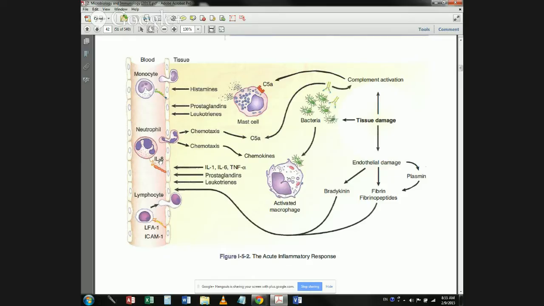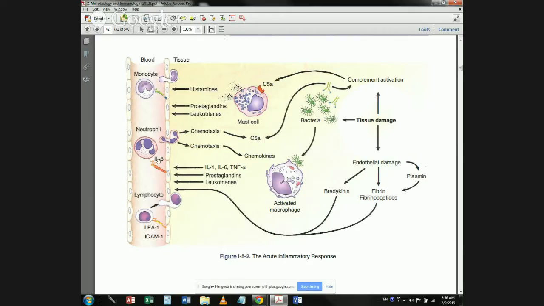IL-8, or it will bind to the bacterial formyl peptide, and that will cause the expression of an integrin molecule. And that integrin molecule will bind, I think that's an integrin molecule right there, will bind to IgCAM, and then that will allow them to basically stop rolling and then squeeze through the endothelium and enter inside the tissue